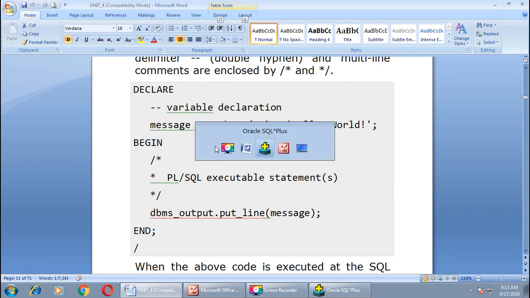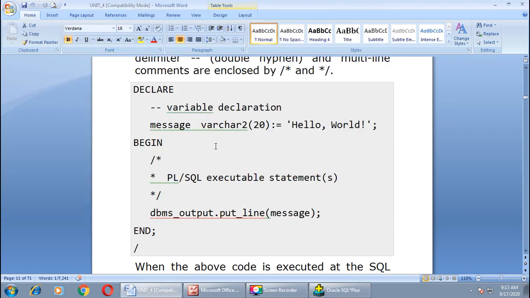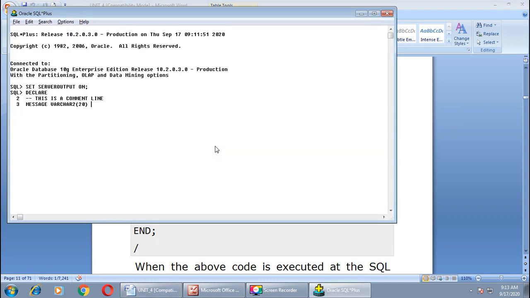Now declare your variable. On the third line, the name of the variable is message, the data type of this variable is varchar2, and the length is 20, right? Now I want to assign a value to this variable, that is hello world. For that I'll use the colon equals symbol for assignment.